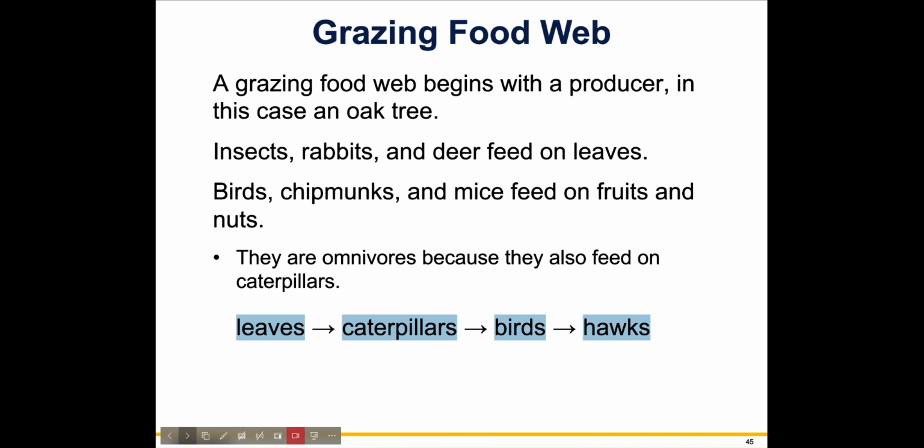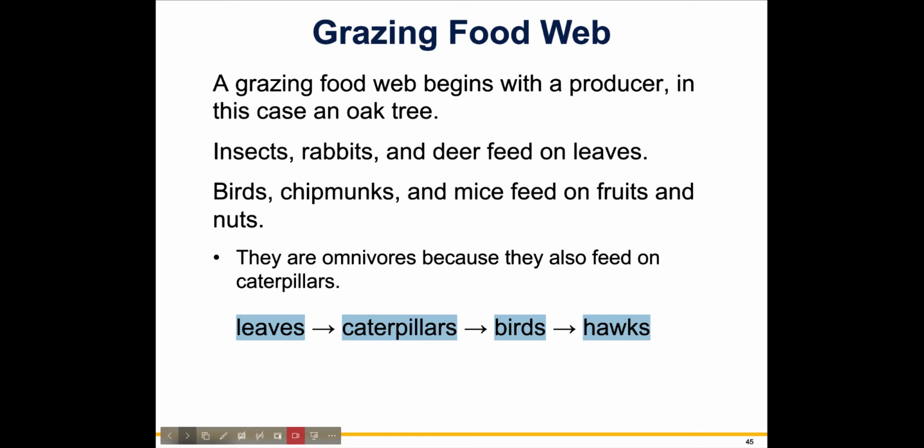An example of a grazing food web could be that we have leaves that are eaten by an insect that is eaten by a bird that is eaten then by a bird of prey, a hawk, right? So,